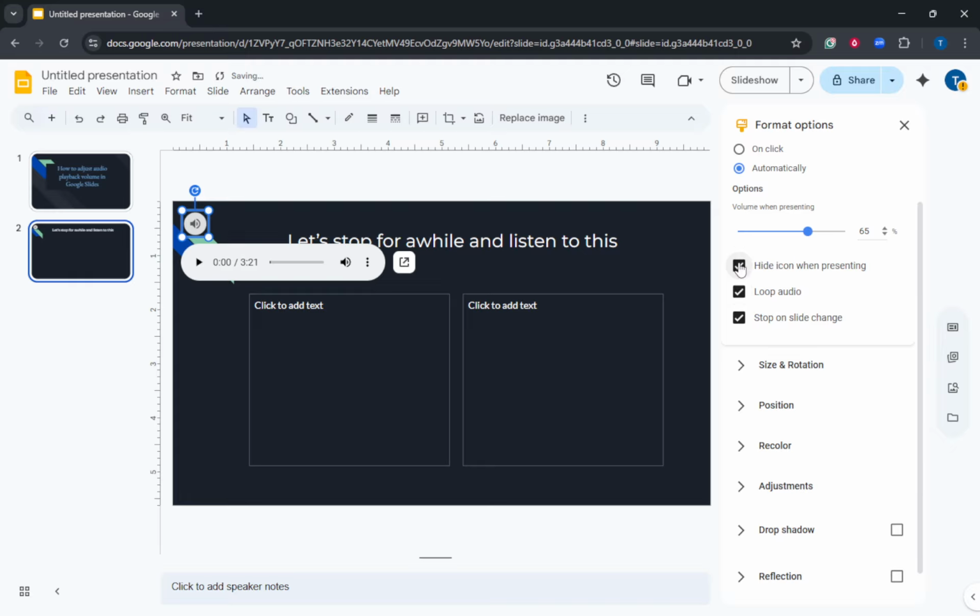There you have it. By following these steps, you'll be able to efficiently control your audio settings in Google Slides, enhancing the overall quality and